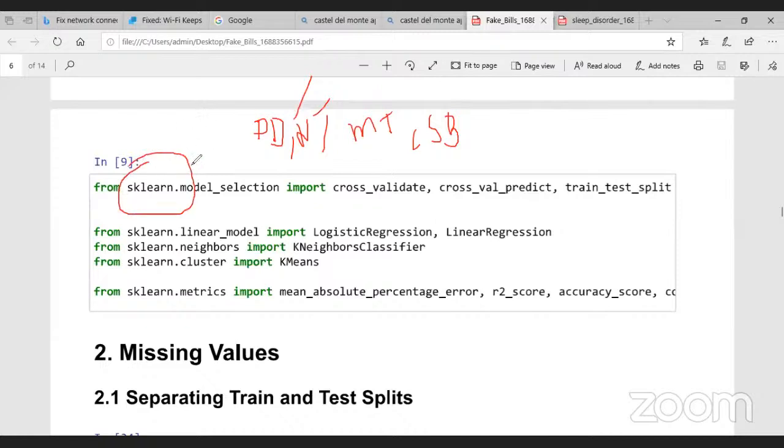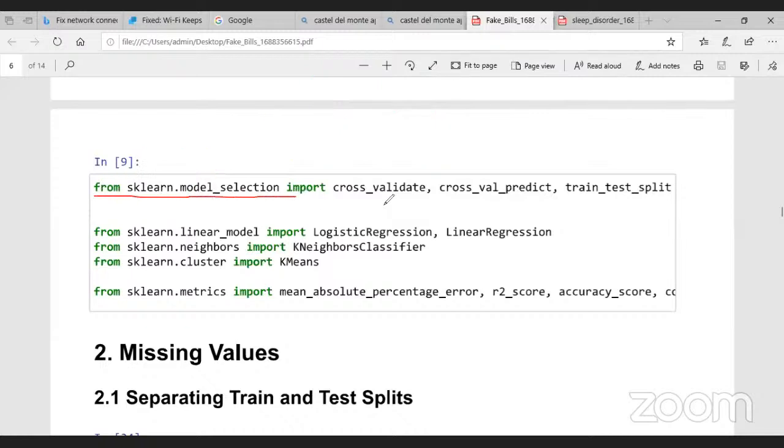Okay, guys, the sklearn library has all the algorithms inside it. From sklearn, you can call the different algorithms. For that purpose, you have to import the sklearn library. So the first code: from sklearn model selection, we'll import cross_val_predict and train_test_split. Why do we need these functions? Because cross validation, as I told you,